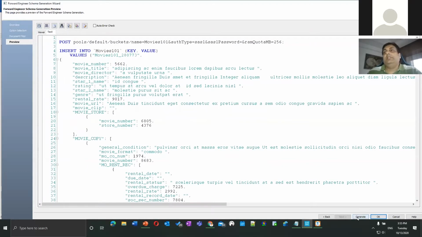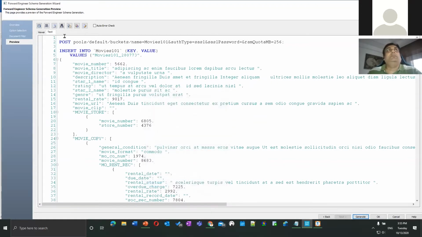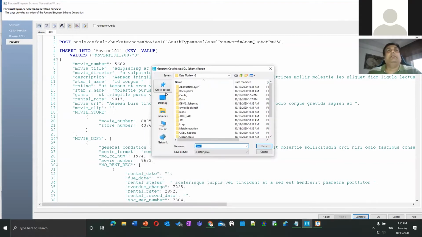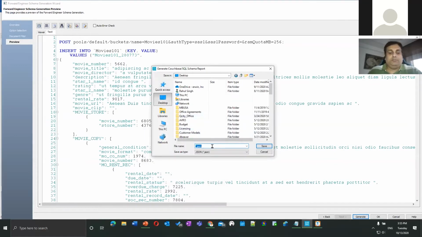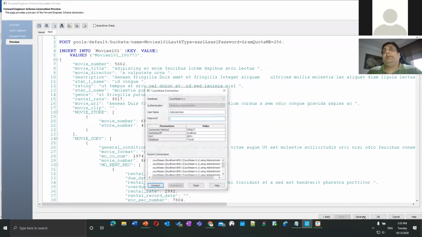As soon as we do that, we go to the generate button. Before I go to the generate button, you can save this as a document. Let's say FA script. I will call it movies and save it. At the same time, I can generate this into the database. So I'll go to the